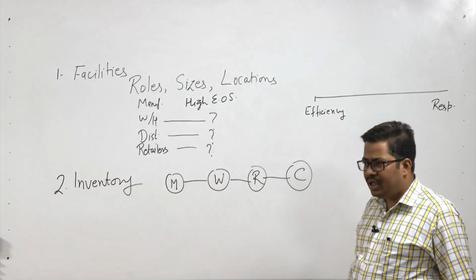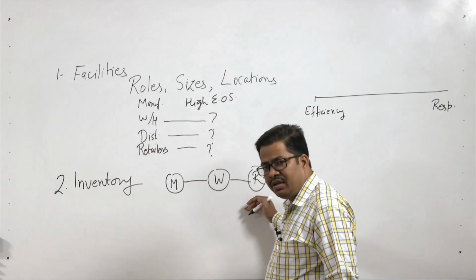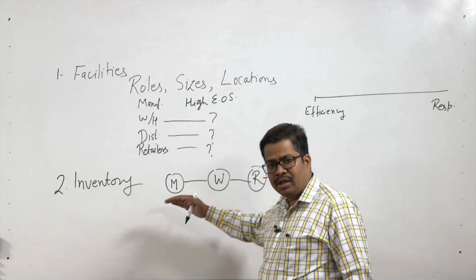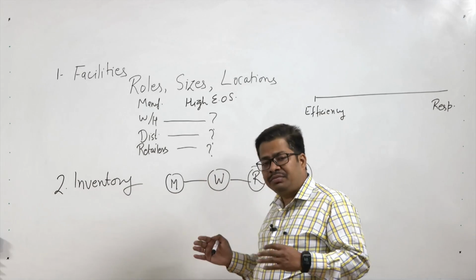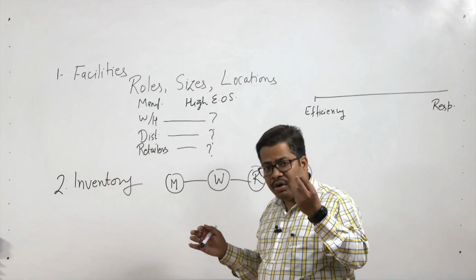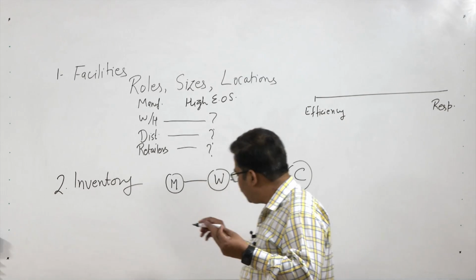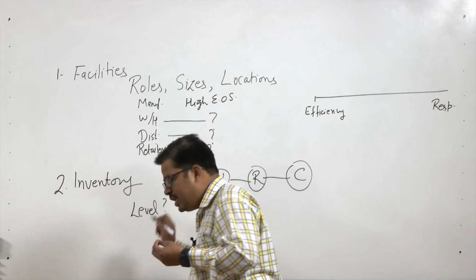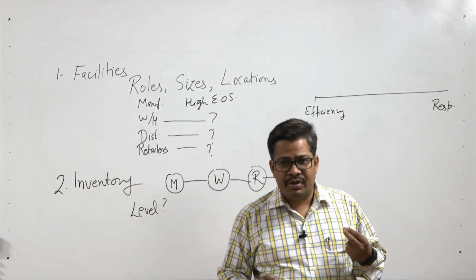You keep inventory at the retailer's end, you keep inventory at the wholesaler, you keep inventory at the manufacturer. Now, what should be the optimum inventory level? The level of inventory is a very crucial decision, because